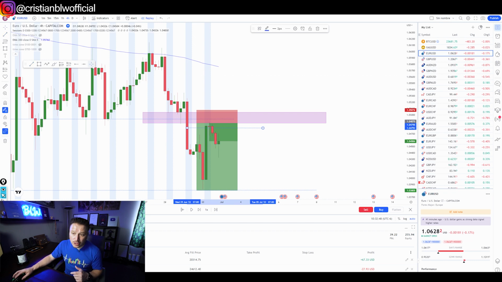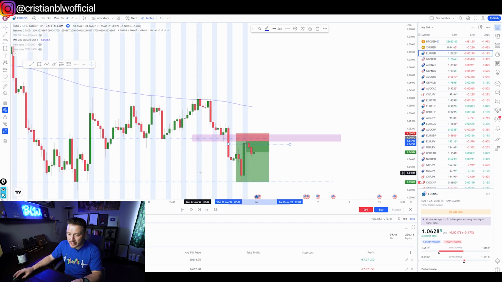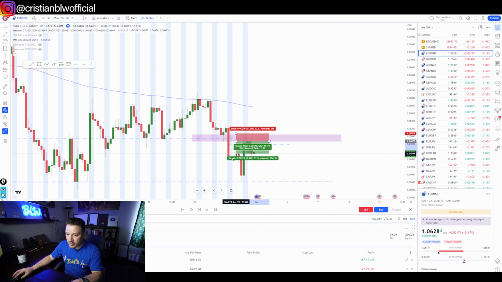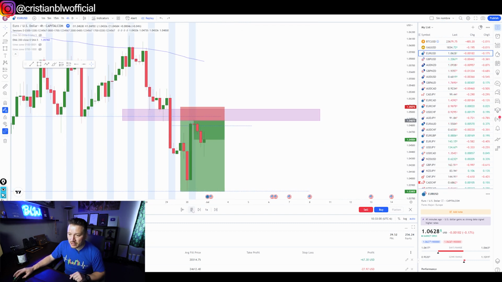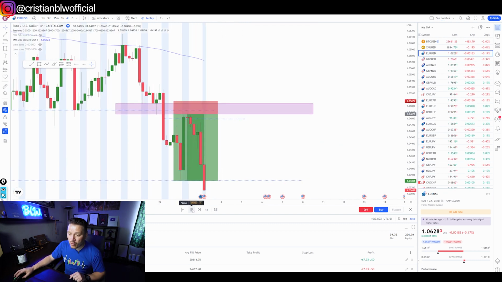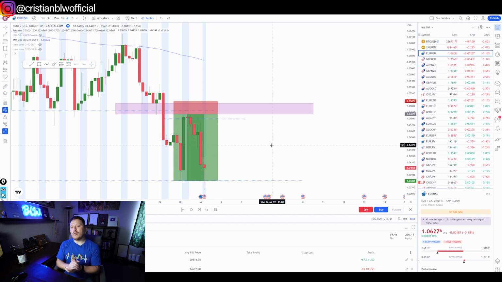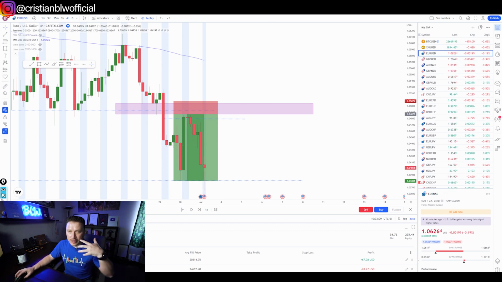Or you can close partials in this section because you're 2-to-1 or something like that. Let me go ahead and see how you would be doing in this area. You would be around 1.68. You could close partials in that section. So then the price is gonna drop more and boom, the take profit was hit. You can realize that the drawdown, the space and the loss that we had with this trade is very minimum, very minimum. Why?